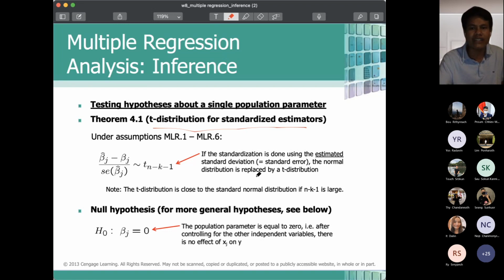The normal distribution is replaced by the t distribution. All right, so now the t distribution is close to the standard normal distribution if and only if n minus k minus